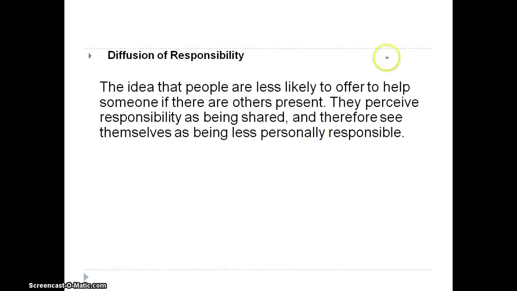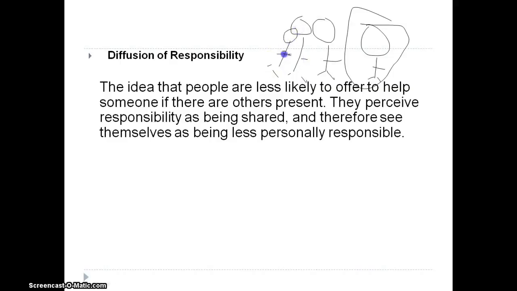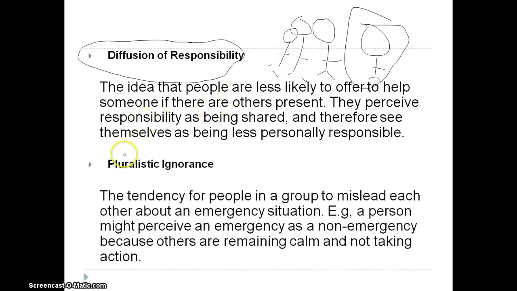Okay, so if you're on a bus and it's only you and another person on the bus, and this person collapses, then you're going to feel pretty bad if you don't help. But if you're on a bus with 100 other people crammed in and somebody collapses, the idea is that diffusion of responsibility occurs, that you share the responsibility,